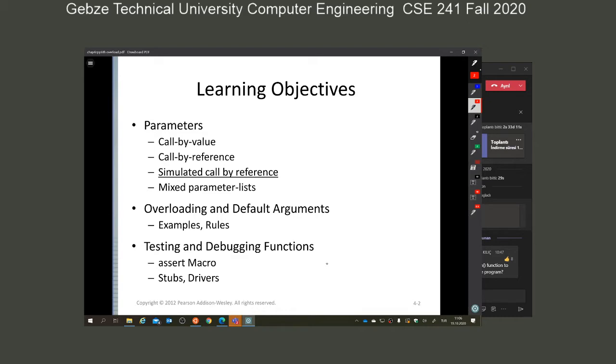We will look at call by value, call by reference types of function calls, and function overloading and default arguments. These are new in C++. We don't have overloading and default arguments in C, and some stuff that we knew before, but we are going to look at them again. So in C, they told us that